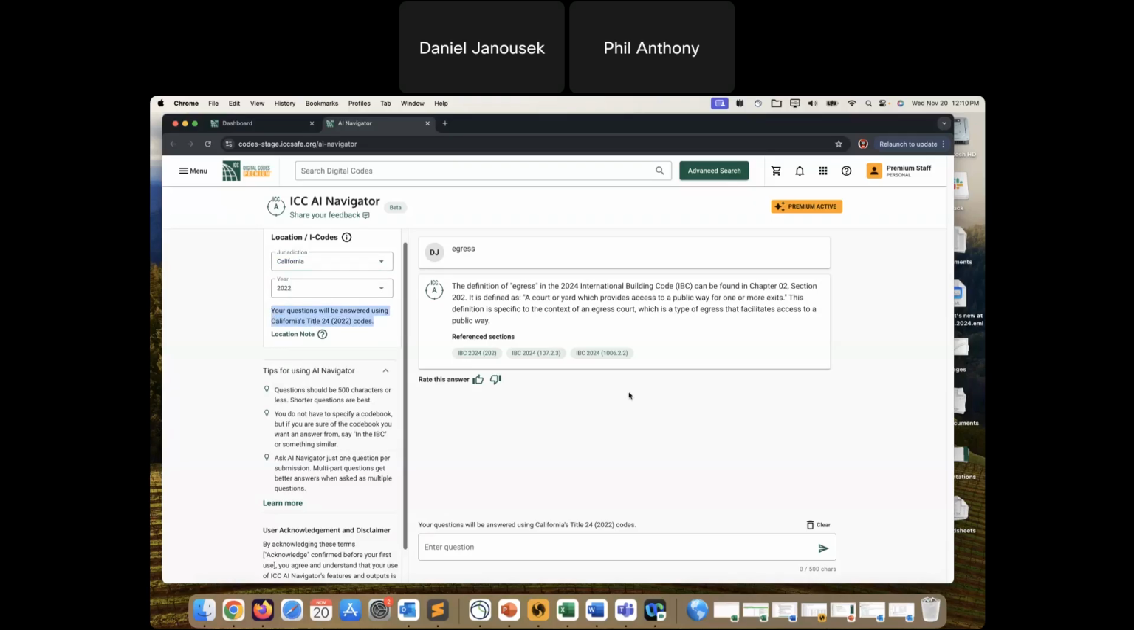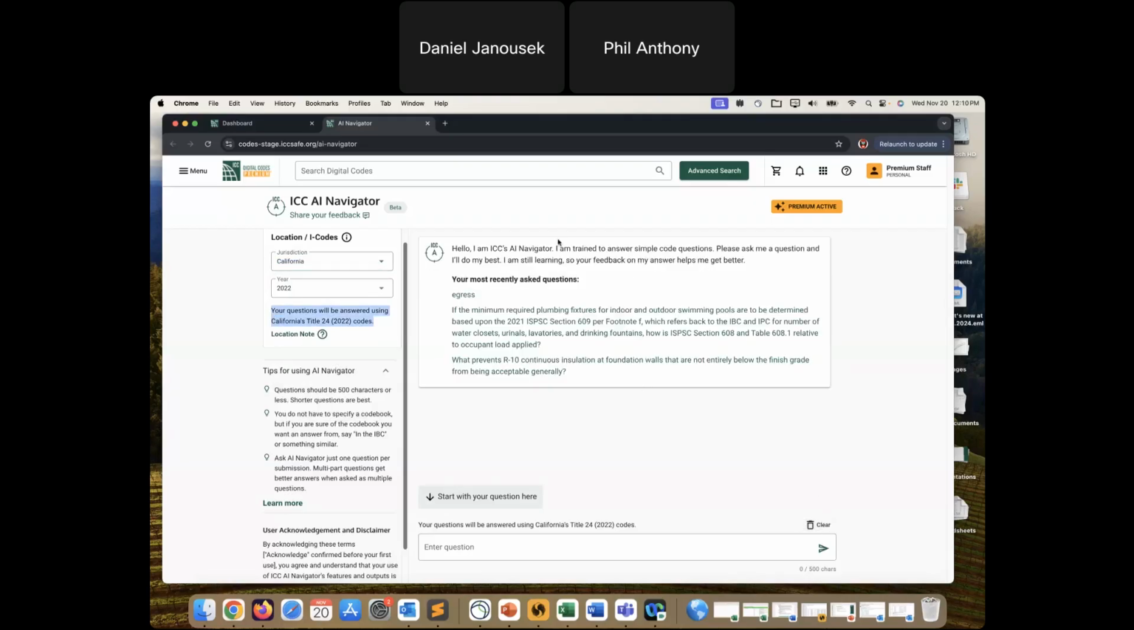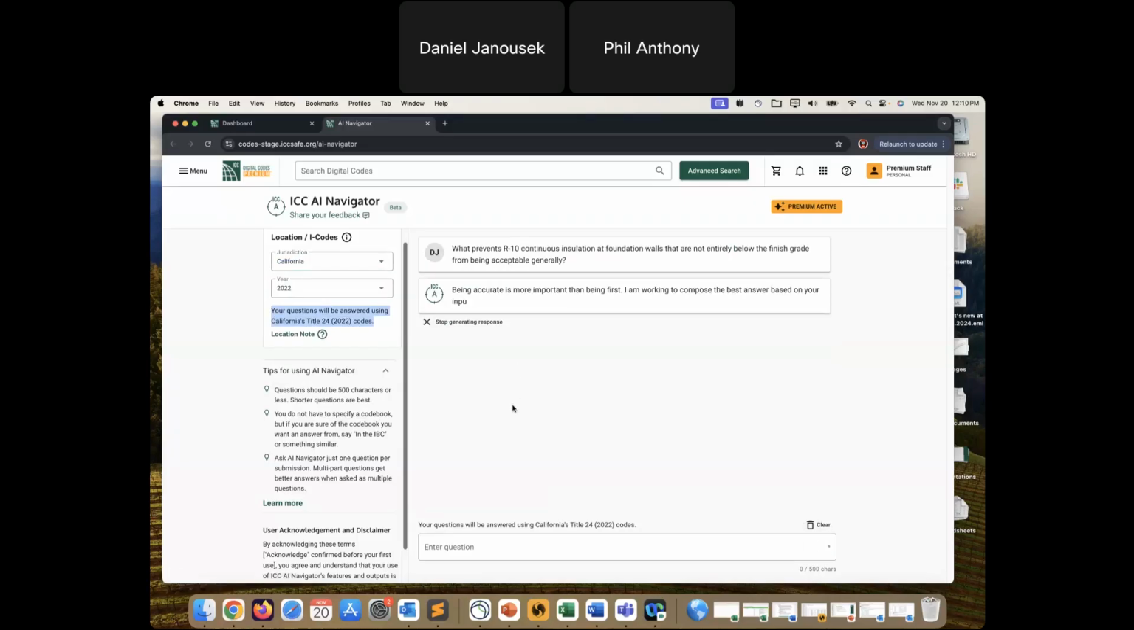So if I wanted to clear this out, and I'll go back to some of my sample questions, if I wanted to select one of these for purposes of asking AI Navigator here, I can click that question. It's going to send this to the system. Using the thorough tuning that ICC has put together, it's going to compile a concise but accurate response